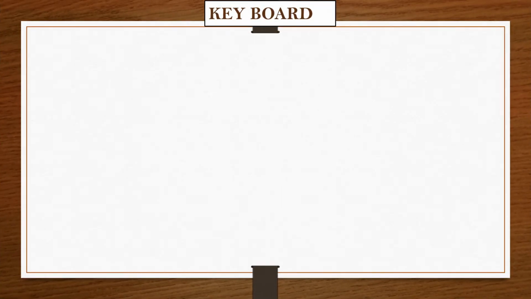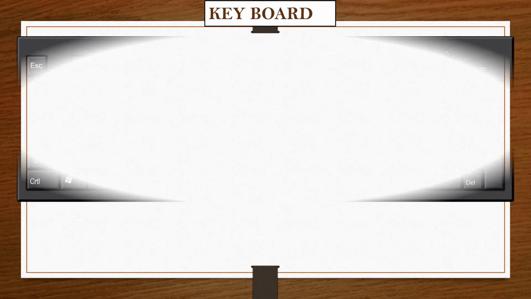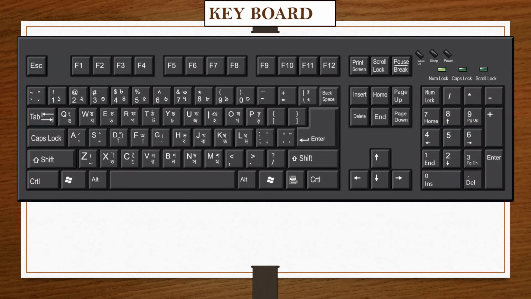Hardware part, keyboard. Keyboard is the most common hardware component of a computer. It is an input device used to enter different kinds of data into a computer. A keyboard has a number of keys which are arranged in rows or blocks. When we type text, numbers or symbols by pressing these keys, we enter them into a computer. Now let's see the keys of the keyboard.